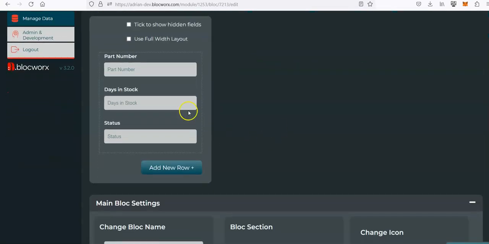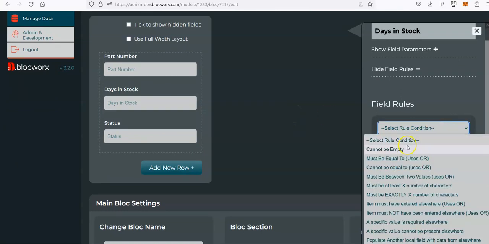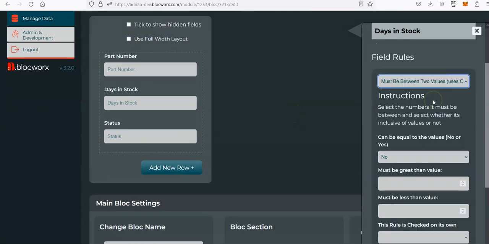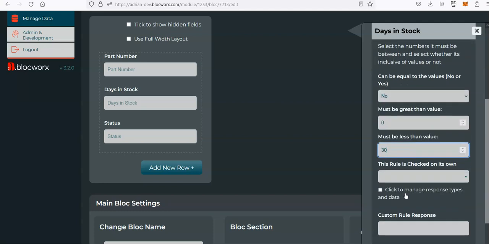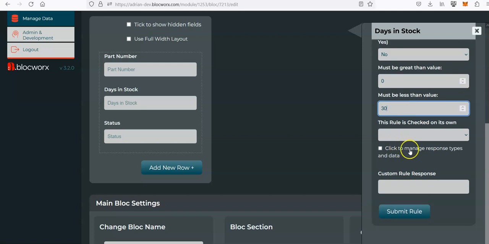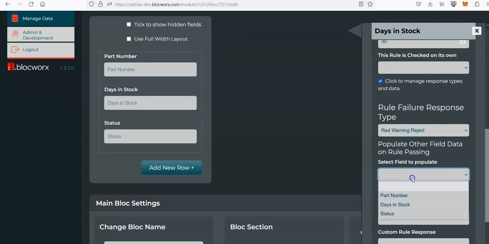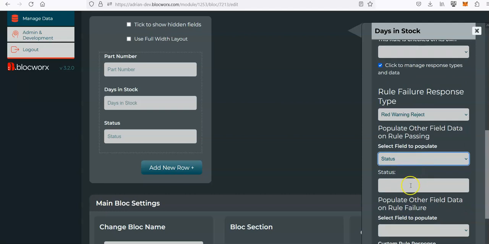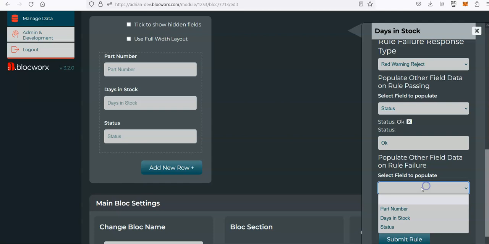And then what I will say is we'll put a rule here, days in stock must be between two values. So it must be greater than 0, we'll say, and must be less than value 30. And then we'll populate the status. So if the rule passes, the status, we'll say OK. And if it fails,